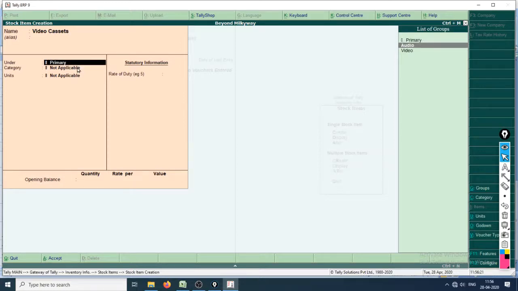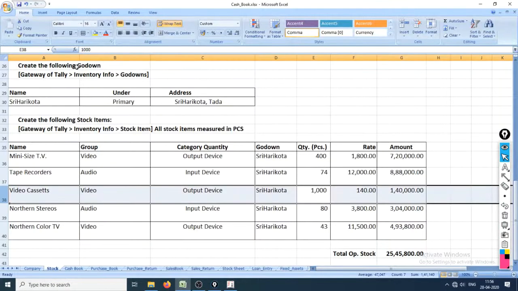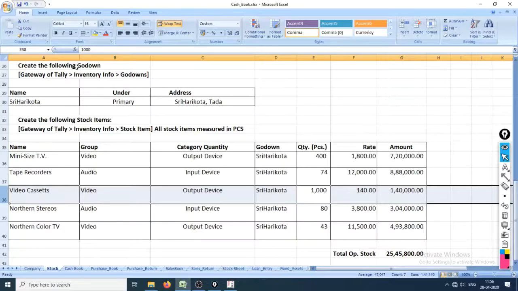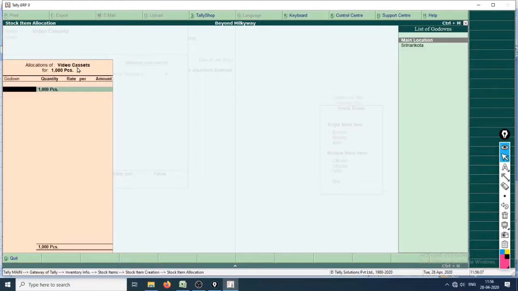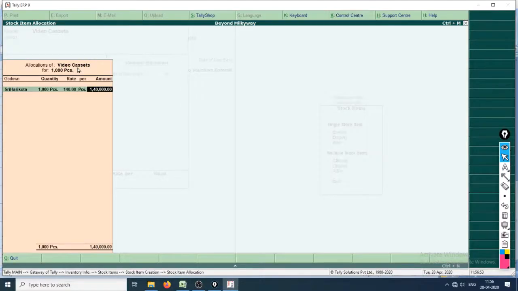Shift Tab. This one, video cassettes, is video, and category is output device, I guess. Output device, pieces, rate of duty is none, quantity is 1000. So this is everything that will be shown in the opening stock, that is, when we entered all these details in Tally, we had such and such openings. Sri Harikota is our godown, rate is 140 per piece, hence 1,40,000.